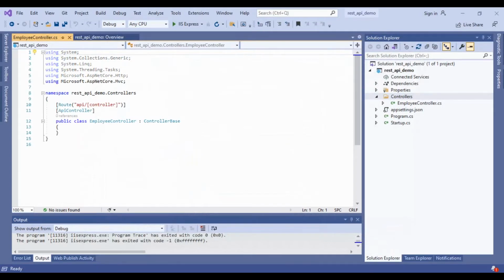Basically, in this controller, we need 5 API methods like get employees, get employee,